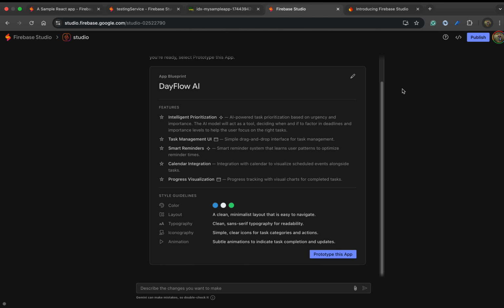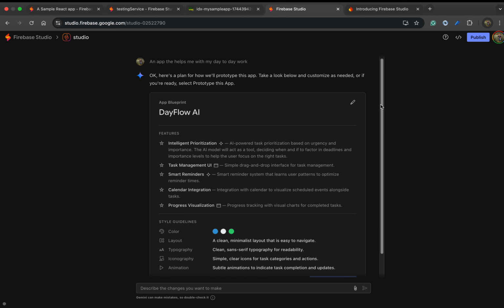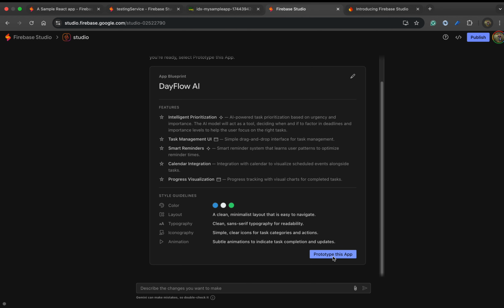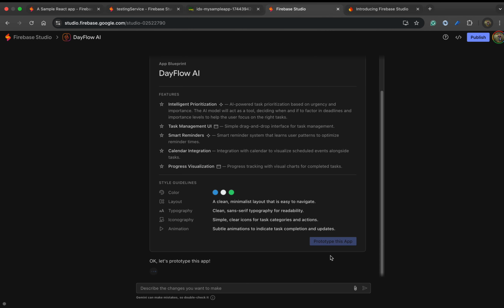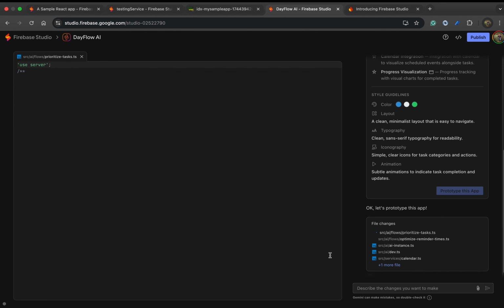See, it is starting, and it also describes, or maybe it also knows, what the app should look like. And if you click on this prototype, it will generate the prototype for you. You can also change the prototype if you don't like it. Let's say that it has the calendar integration. If you want anything to add, you can type, and the agent will add it for you. And just click on this prototype the app, and it will start creating your prototype. See,